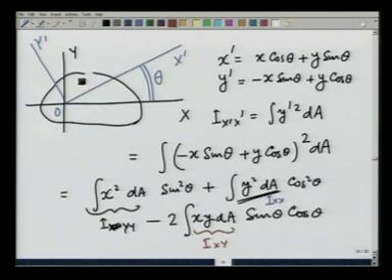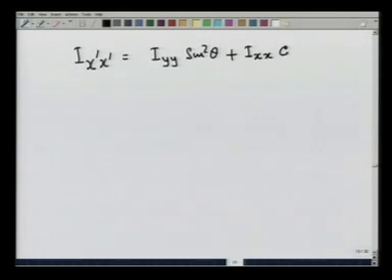Therefore, I can write I x prime as I y y sin square theta plus I x x cosine square theta minus I x y 2 sin theta cosine theta,